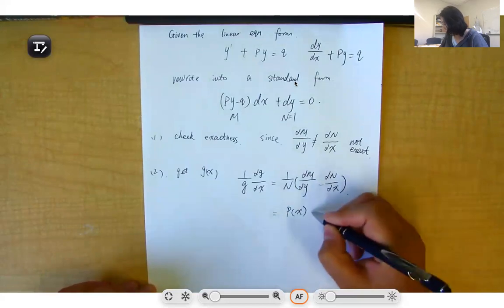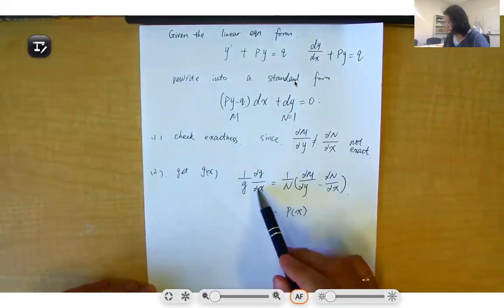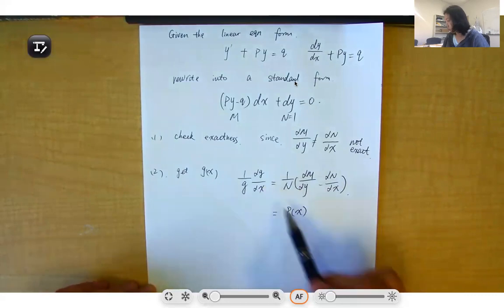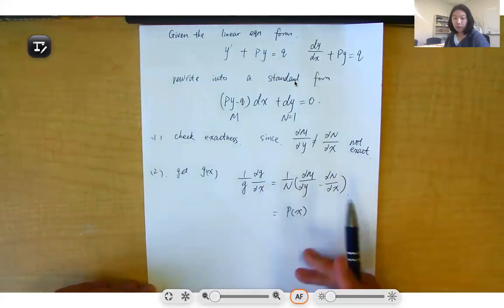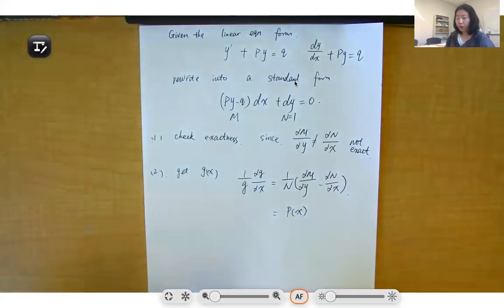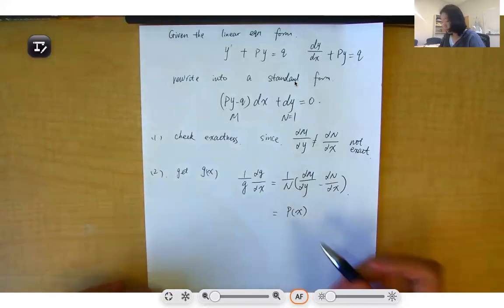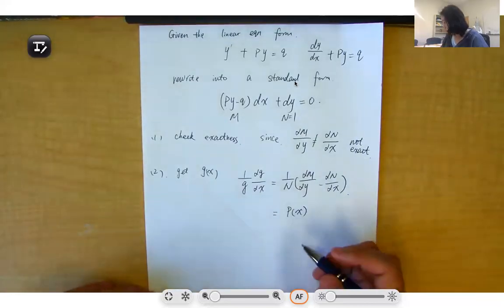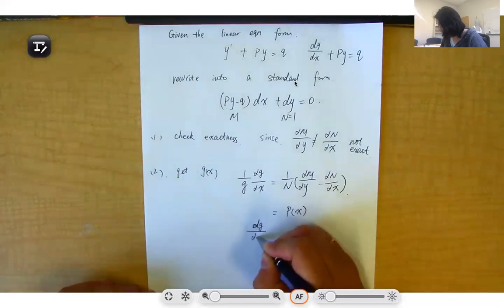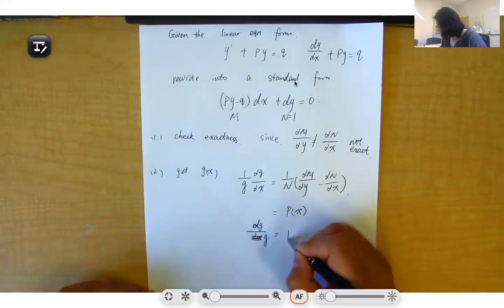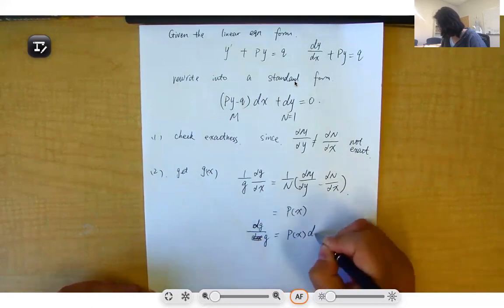So now you can see that this seems to be a separable form of ODE. So we just put all the g part on the left, all the x part on the right. So dg